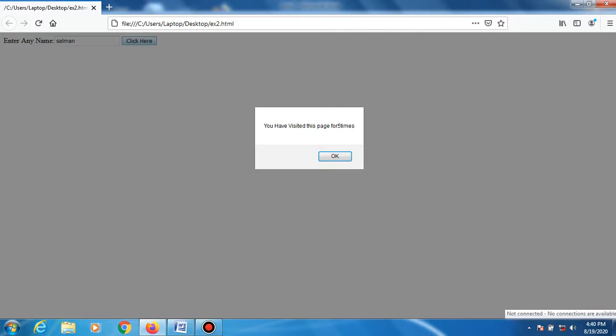This is a responsive web page. When you click it, the web page responds. When you click 1000 times, the message will be displayed on the screen 1000 times. If I click again, it will say you have visited this page the 5th time.